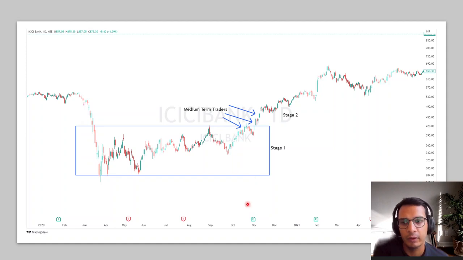It's not displayed here. So this would have attracted medium-term traders, which includes both positional as well as swing, who would have built positions here. So over here, if you were operating as a day trader, you might have done well, but the real opportunity was buying with the medium-term traders and holding positions for a little bit longer to capture the entire move that was about to play out.